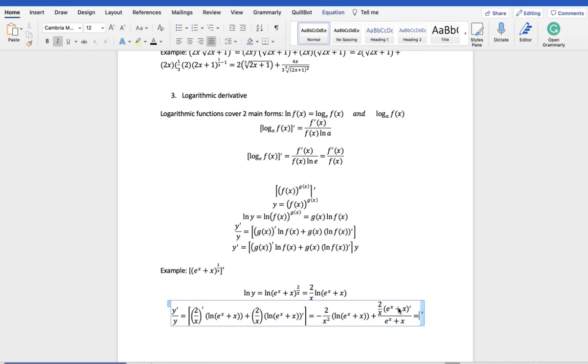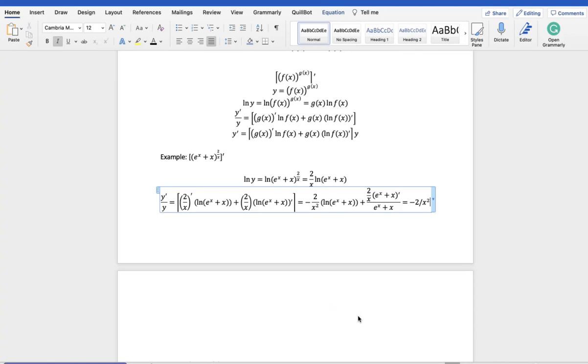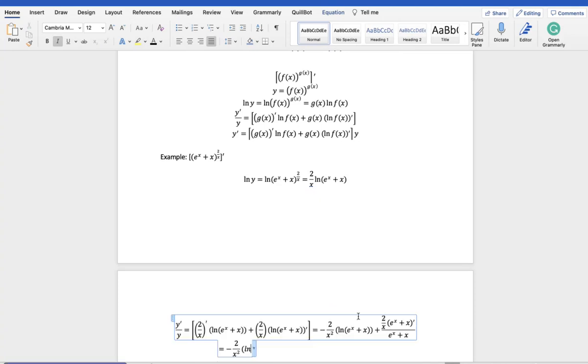And that will be equal to, if we rewrite it, negative 2 over x squared multiplied by ln of e to the x plus x,